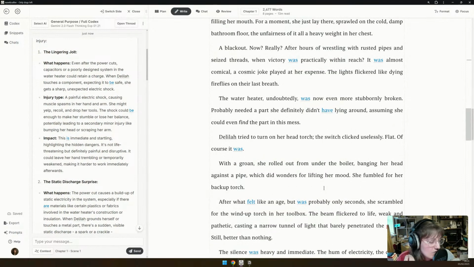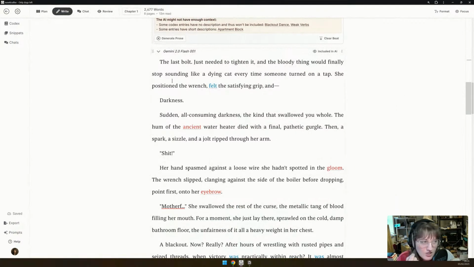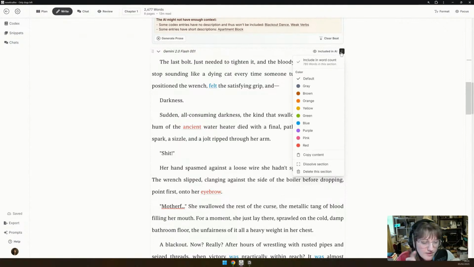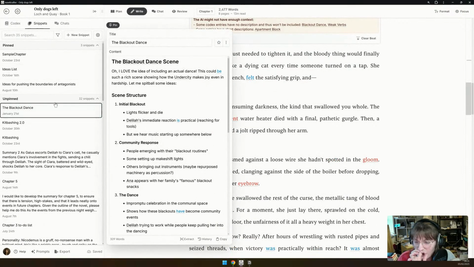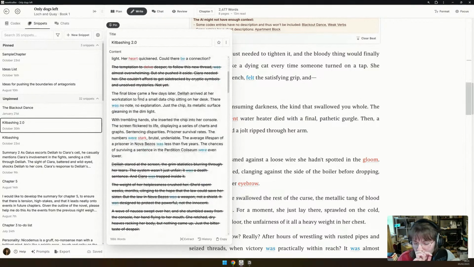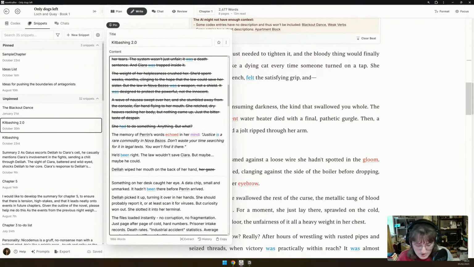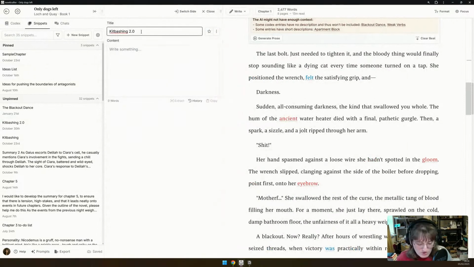I mean, this already oozes her attitude. Like the voice sheet has done wonders, just getting her general voice. Okay, so what I'm going to do is dissolve this version, the Gemini version, and then open up a snippet. Do you have any? I can probably delete all this. Pin a kitbashing document.